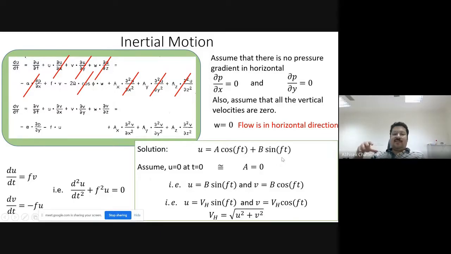Because any motion in the ocean will be in the form of a wave. So you have a wind, then the wind stops, then it will leave a wave. So the equations will have to be in wave form. So we are assuming that the form is of cos and sine, because cos is a wave and sine is also a wave. Sinusoids. So we are assuming that u equals a cos ft plus b sin ft, where A and B are unknown. We have to find out what is A, what is B.